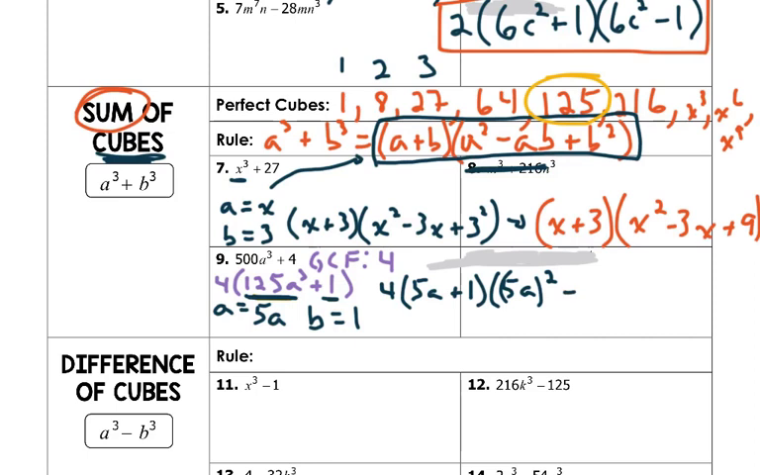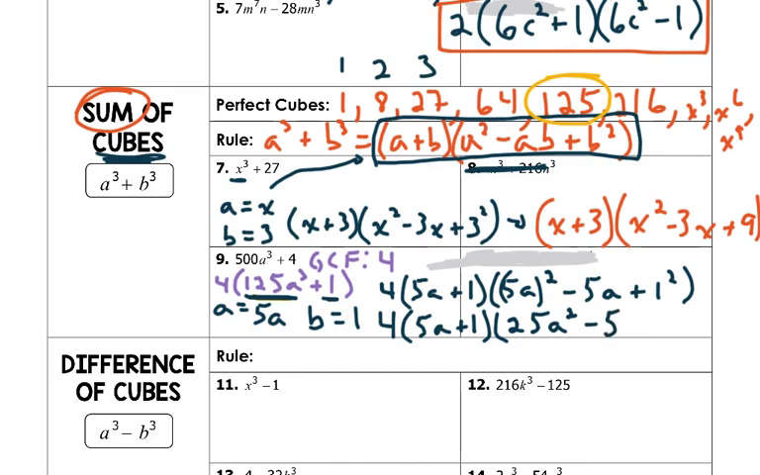Minus a times b, 5a times 1 is just minus 5a, and then finally plus b squared, plus 1 squared, so it's plus 1. You could write the 1 squared there because we're going to simplify this anyway. I'll rewrite it underneath, totally simplified. We get 4 times (5a plus 1), close parentheses, new parentheses. 5a squared is 25, as we use our power rule, a squared,